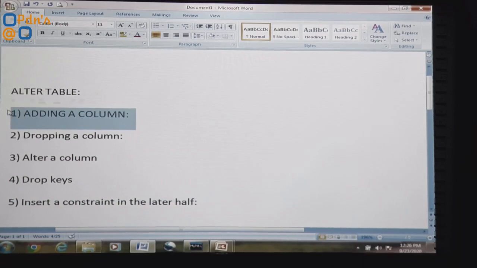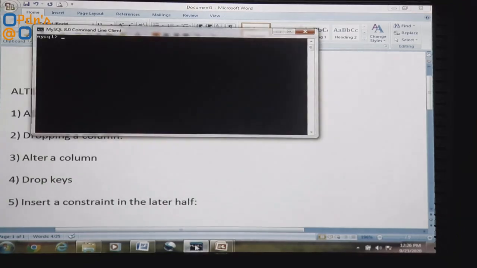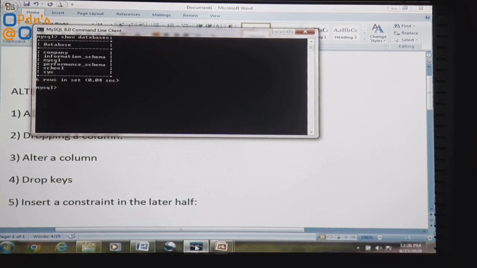So we are entering inside the school database first. Show databases. See, the school database is there. We are going to use school.